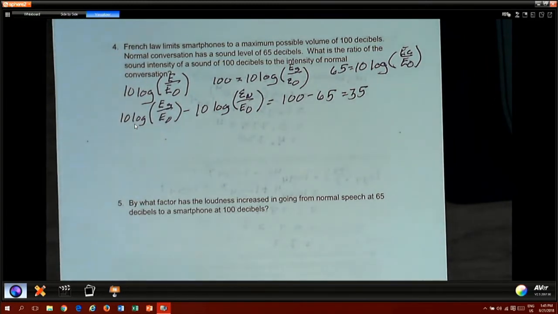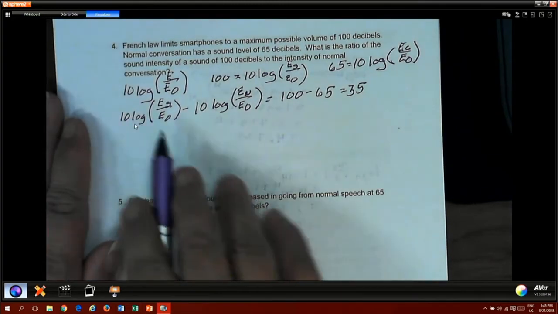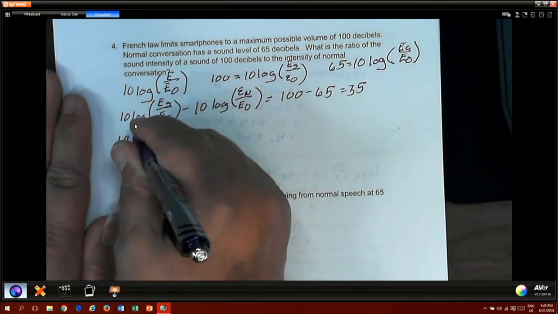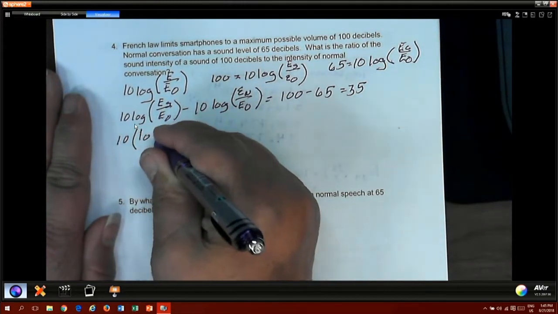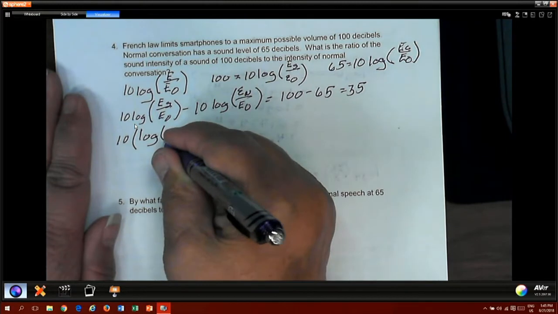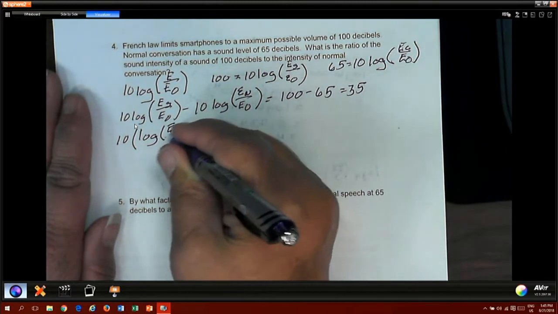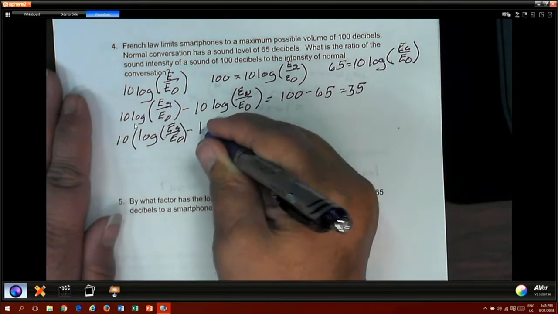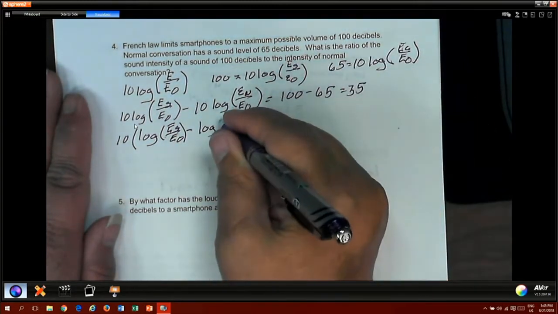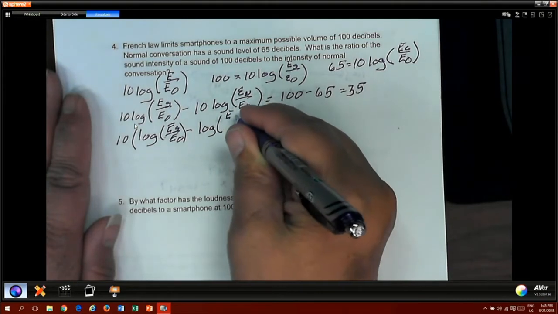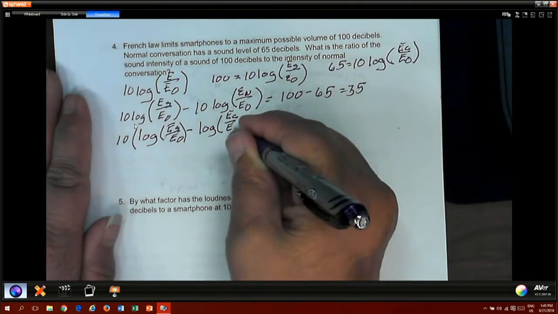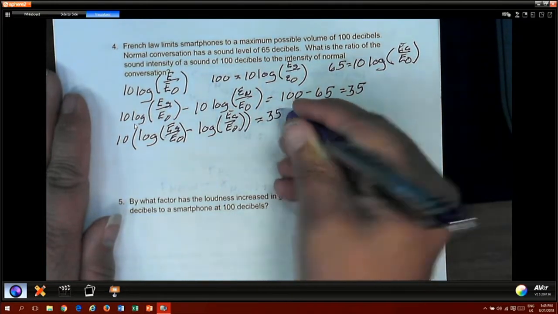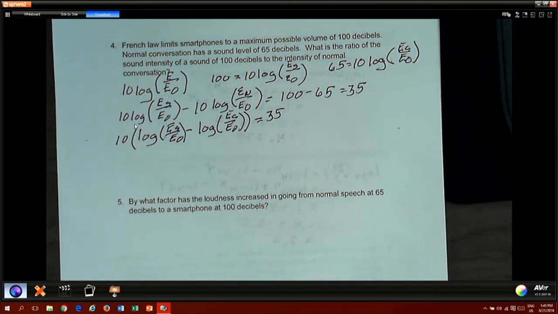So we want the ratio. We can factor out the 10. Equals 35, dividing through by 10,